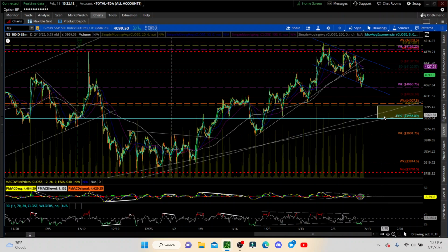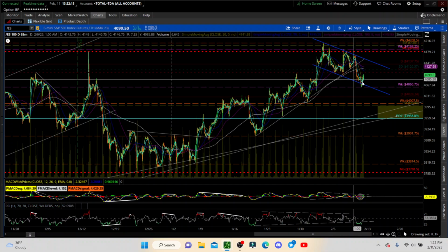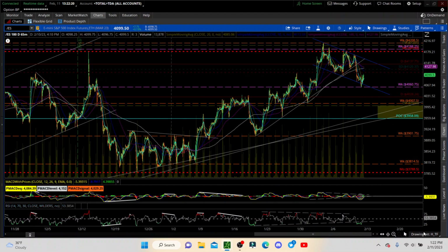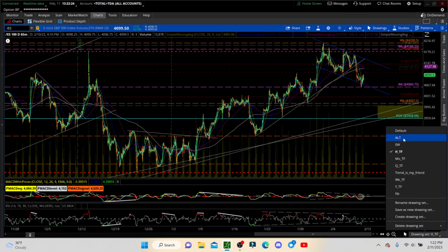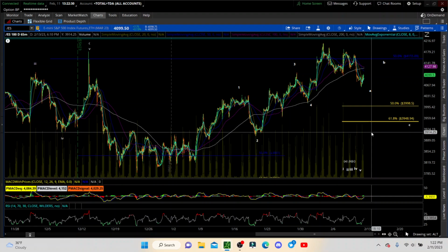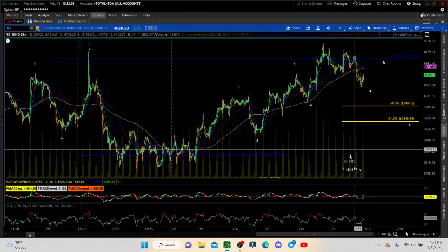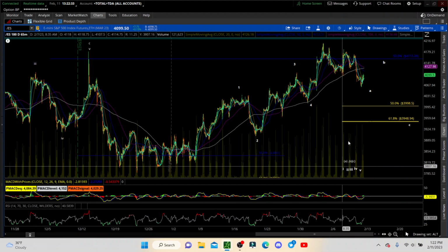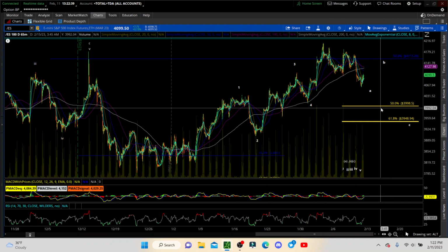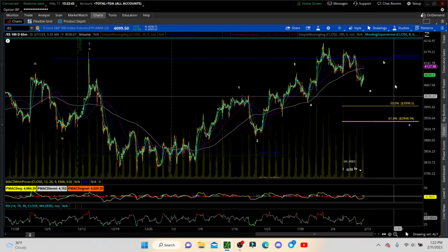That's the key. And that's the key to this channel, or AKA bull flag. It's not a bull flag unless it breaks out to the upside. So let's look at the alternate view here. Now, I do have a much more bearish, preferable move that I am keying into, but I'm going to show you this one because it kind of gets us right into this area, and so does the more bearish one, okay? This is actually the alternate that says, hey, we move down here and we may go